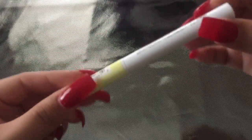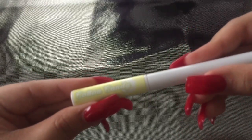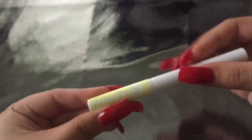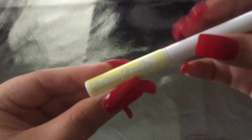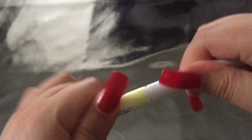Okay, so next is this Cotton Candy liquid eyeliner in the shade Lemonade. At first I was like, what is this? Because you can't really read the label that much. So it's a liquid